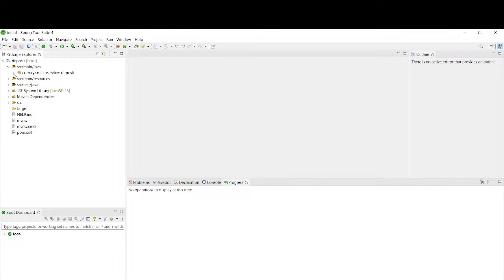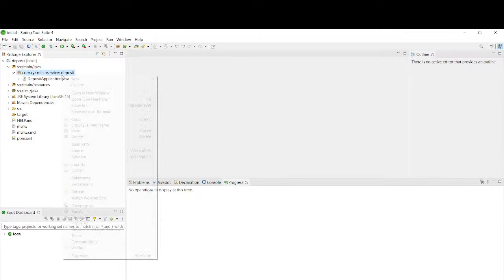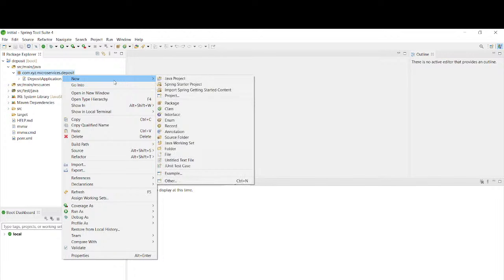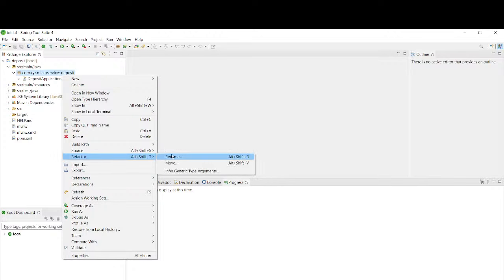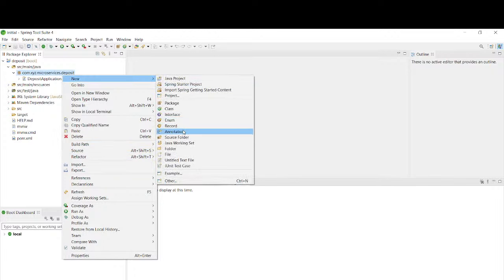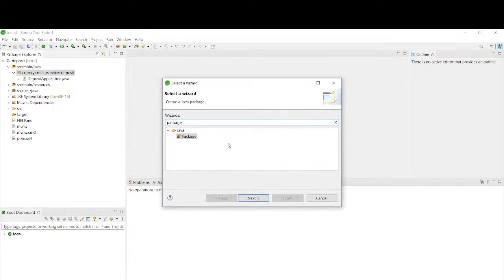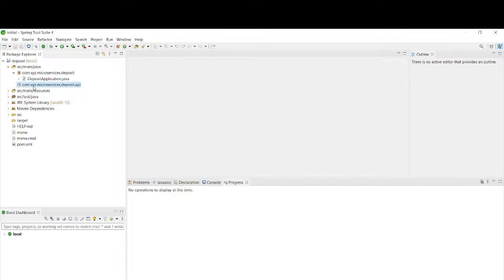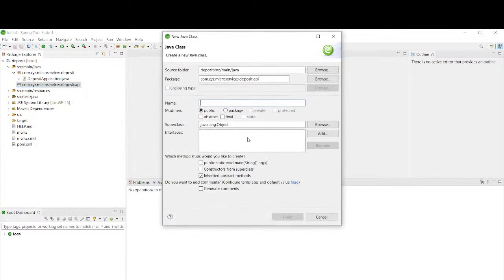So we have the different structure here, deposit. If you're going to develop the API, the correct folder structure is up to you, how you design it. So if I'm going to add the package, something like that, for the deposit API,